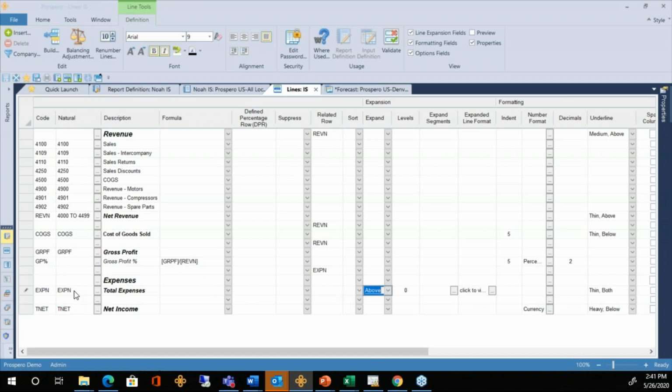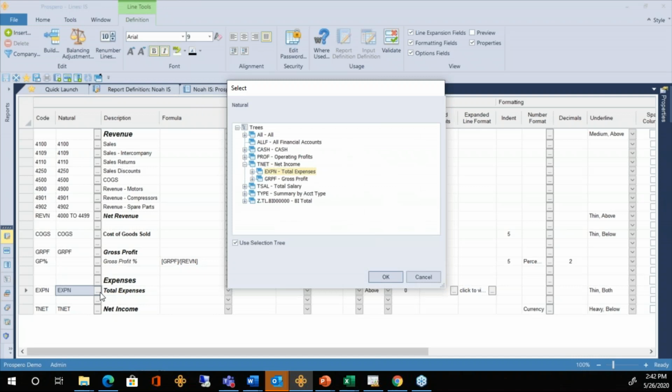Now, if I wanted to see what accounts are in that EXPN summary account, I can select the lookup button for that, and I can see it highlighted here, total expenses. If I expand that, I can see it's a range of every account from 6,000 through all the sevens.